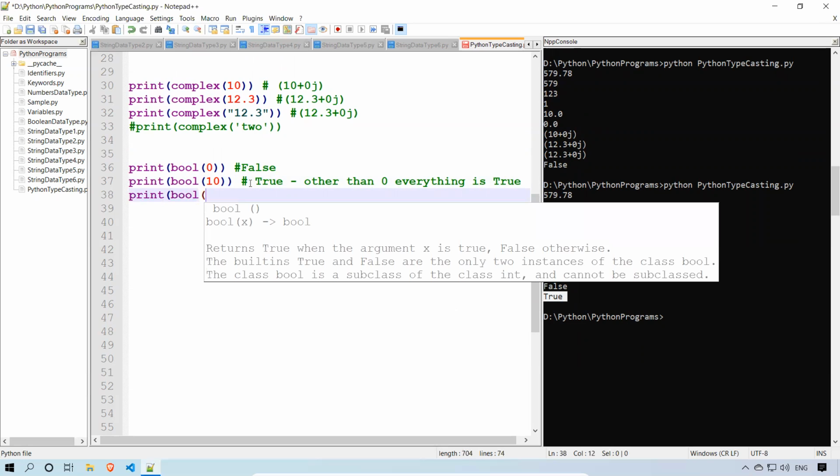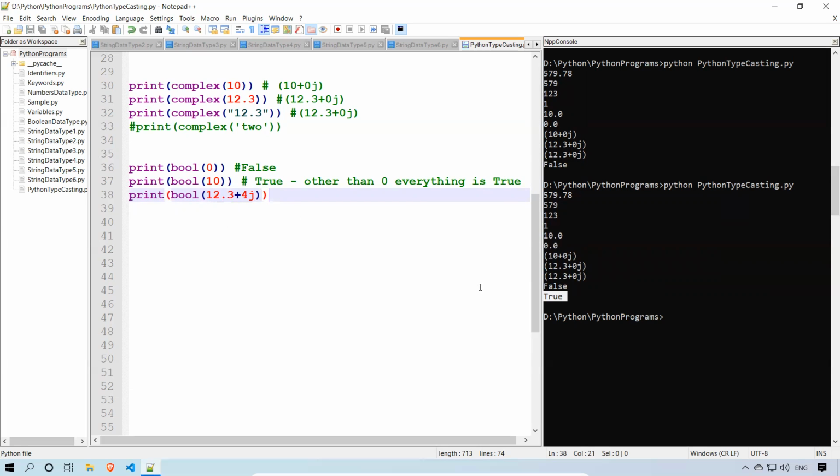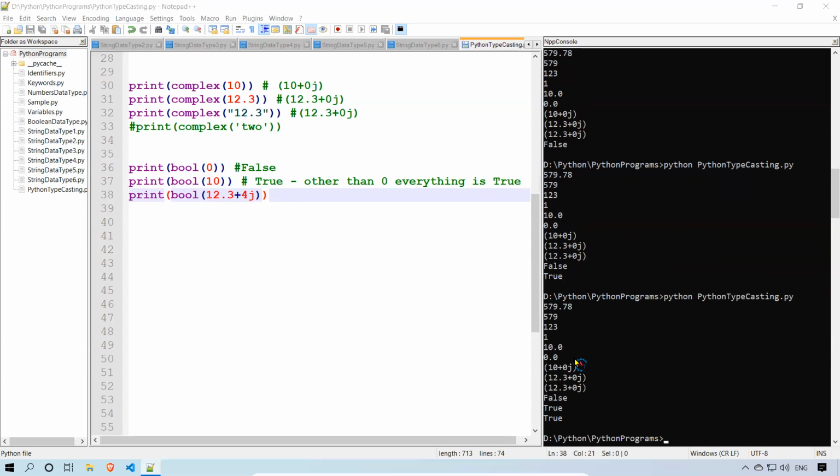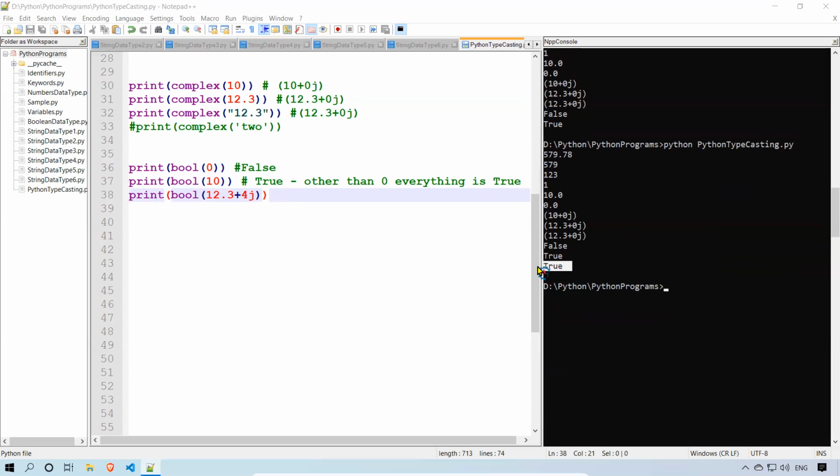Instead of this, I am giving one complex number. We'll see what happens. You see, again it is giving me True. Means it is other than